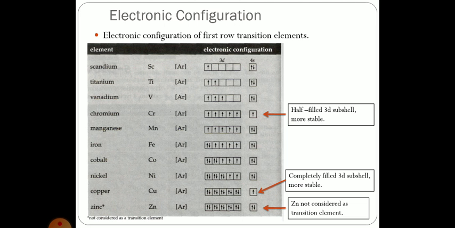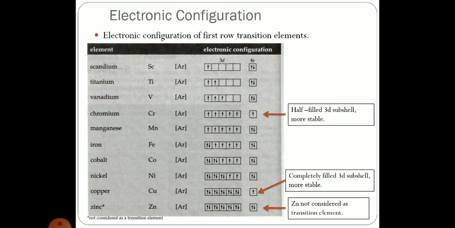Now after this, we will learn the electronic configuration related to the D block elements, or we can also say the first row transition elements. In the first row transition elements, these are the different elements starting from scandium to zinc.